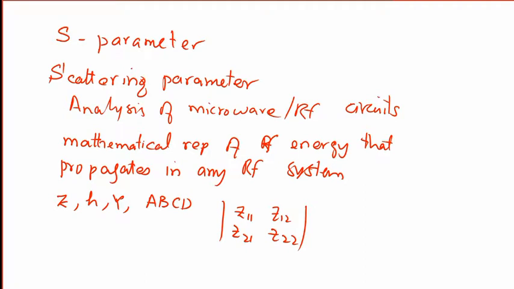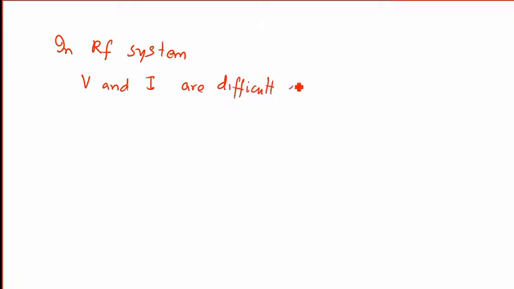The reason is that in an RF system, voltage and currents are difficult to measure. Number one reason is that they are difficult to measure, or it's not possible to measure. The second reason is that